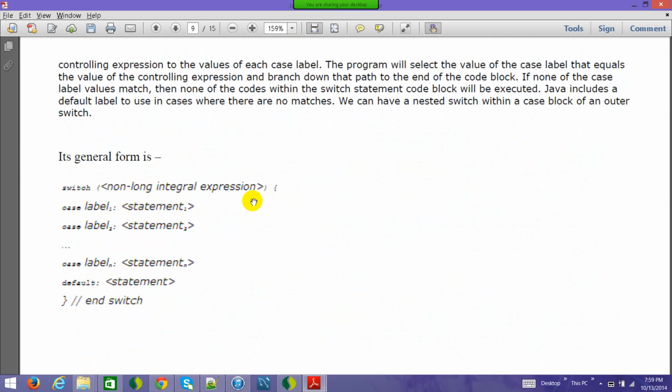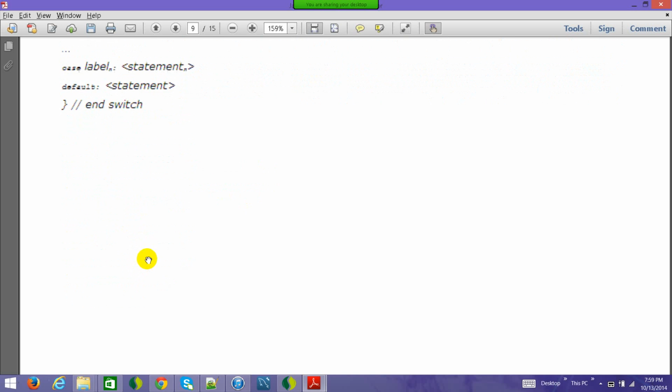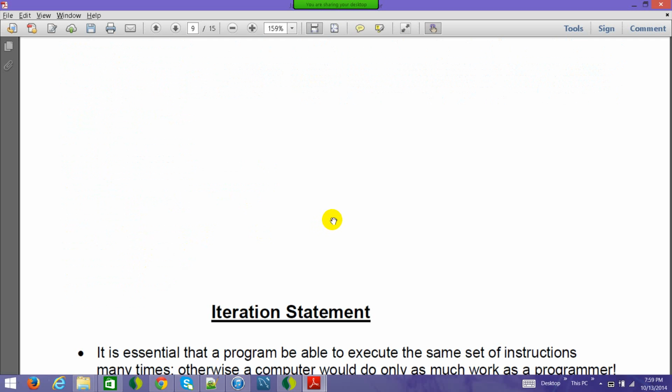So switch is basically, you pass a value and you don't have to write if else. You know that if the value is 1, I need to do this, and if the value is 2, I need to do this. So there is no expression which has to be evaluated. It's just a certain value which has to be used, and that case switch comes very handy. And this is the format of switch. Now this was all about selection statements.